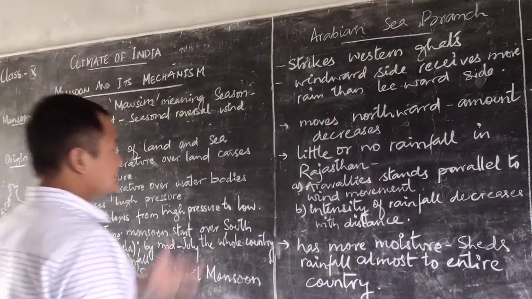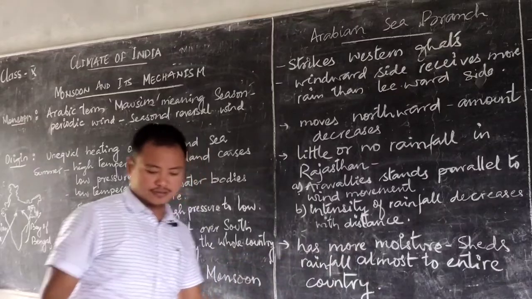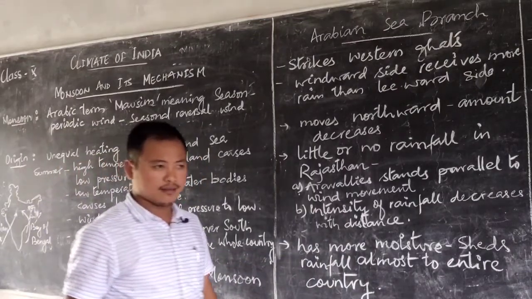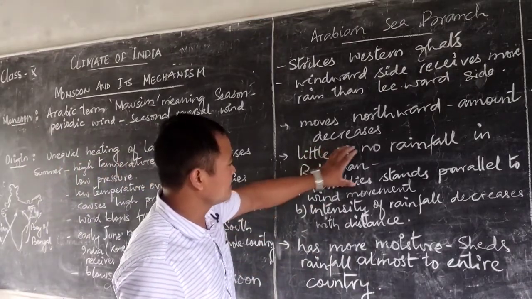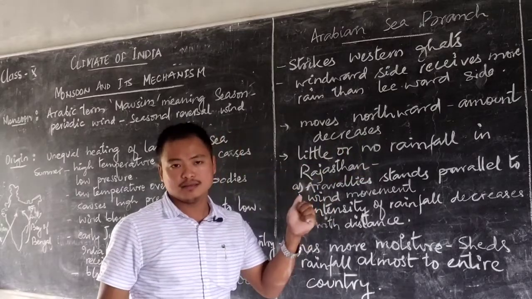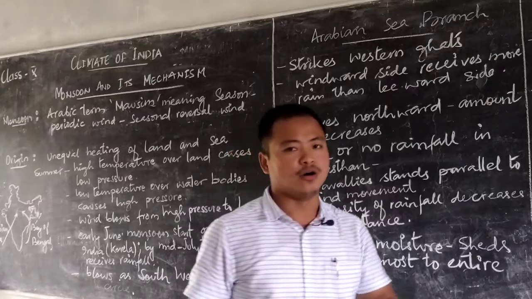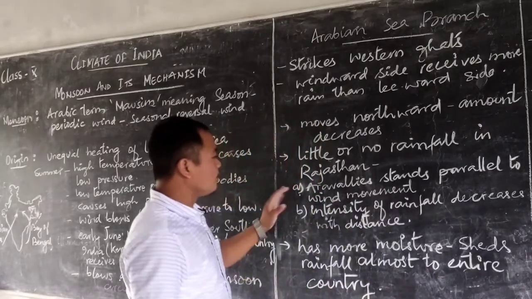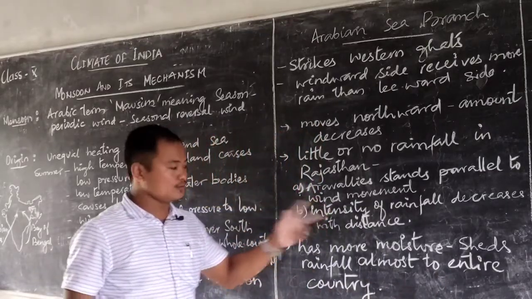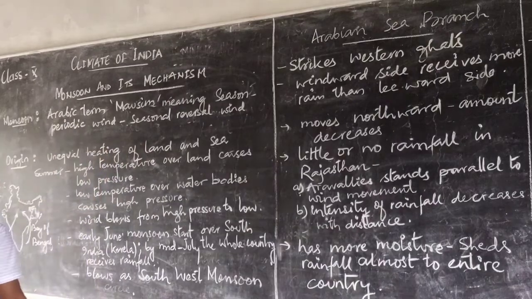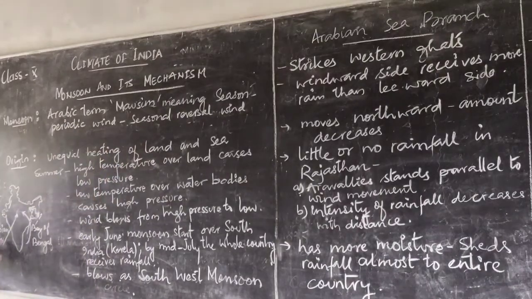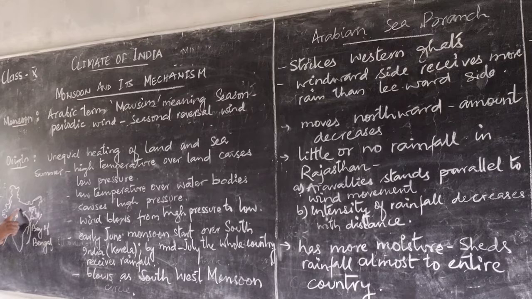And now as the wind starts moving towards the north, the state of Rajasthan receives either very little or no rainfall. Why it happens is because of two major reasons. One, that as the wind starts blowing towards the north,